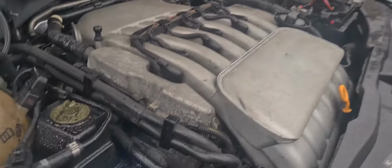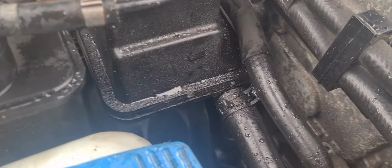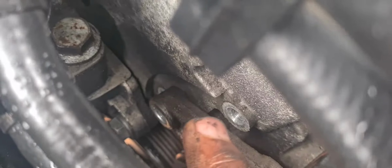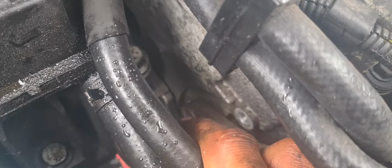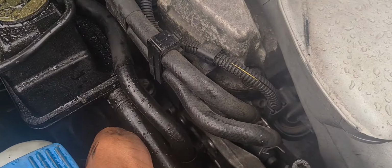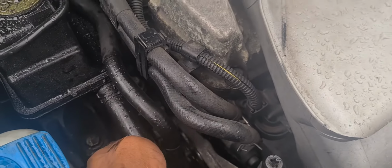Then you're going to want to remove the tensioner. So that's two HW6 Allen key bolts, which have already been removed. As you can see, there's a hole here and there's a hole just below that one, which is where the HW6 bolts are located. Then you're going to need a 13mm socket to remove the nut that is holding